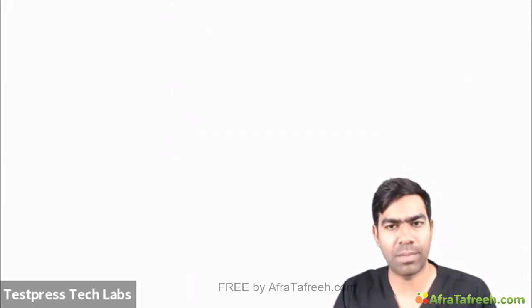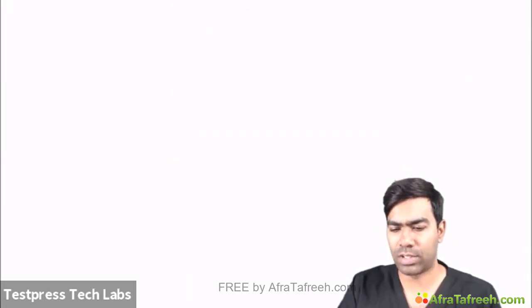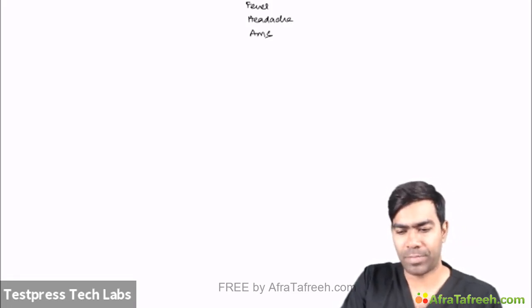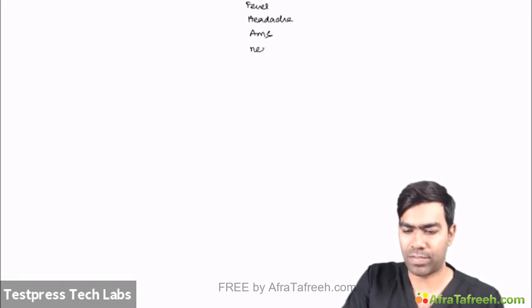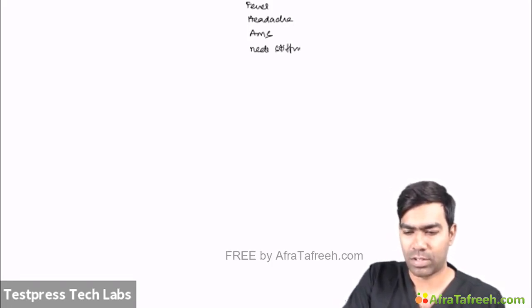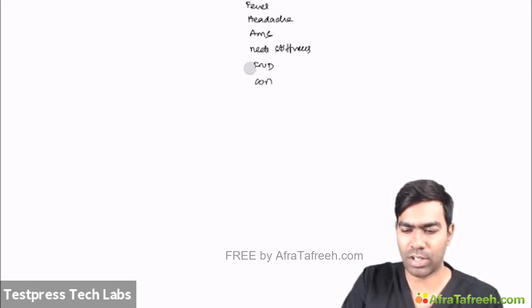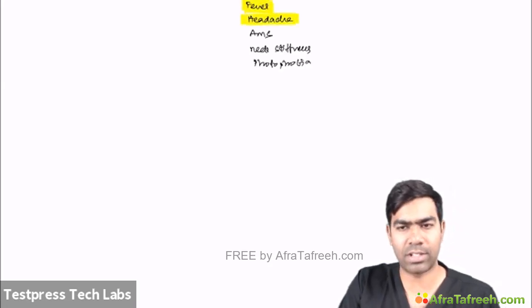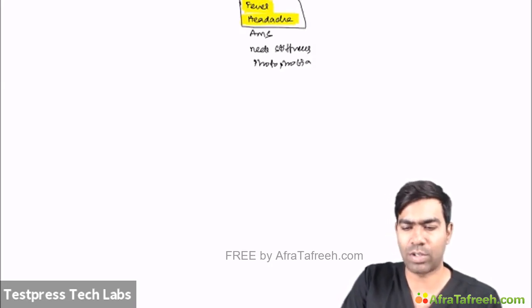Now, how do we evaluate a patient with meningitis? First, when a patient comes with fever, headache, altered mental status, and the patient is having neck stiffness, focal neurological deficit, cortical symptoms and signs, and photophobia. These are the possible features. The common feature will be fever and headache. Other things are plus or minus. So the usual presentation will be fever and headache. That's going to be most important.